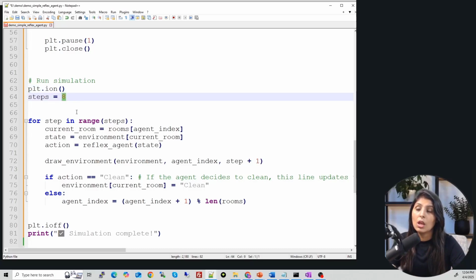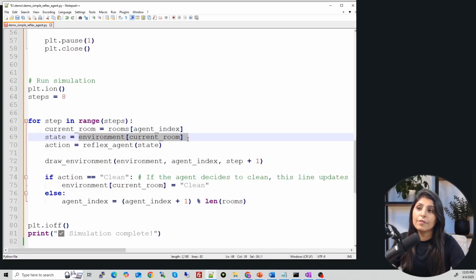Steps 8 means our agent will take 8 turns, and each step will focus on one room only, right? So we are running the code for 8 steps. We are getting the current room, and we are getting the state.